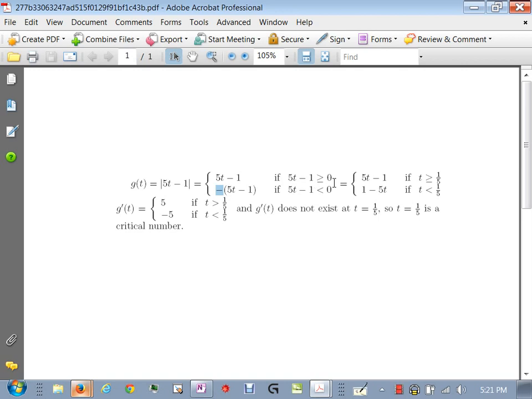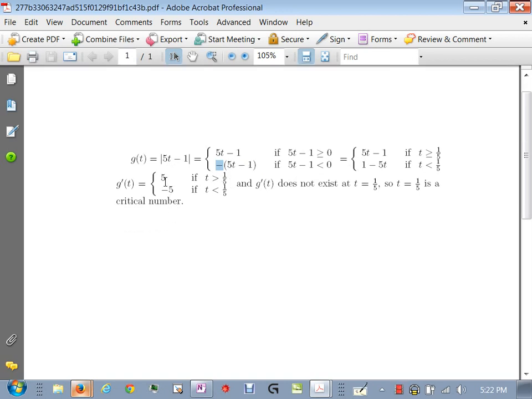So now what I do is I take the derivative on top and bottom, both of these. The derivative of 5t minus 1 is 5. The derivative of 1 minus 5t, which is what you get when you distribute the negative 1 through here, is negative 5. So as you can see, at certain values, when t is bigger than 1/5, all they did there is just solve that and solve this. When t is bigger than 1/5, we have a derivative of 5. When t is less than 1/5, we get a derivative of negative 5. So